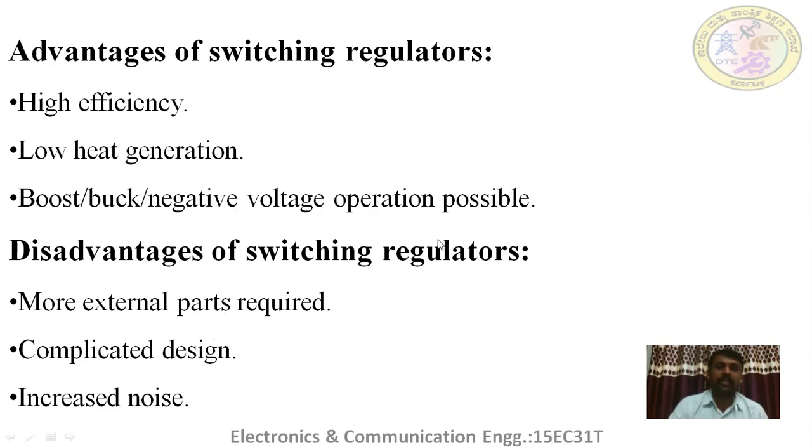So if you want to get a desired output, it is required to use the required external circuitry to design, and this increased noise is resolved by using some filter circuits. There are many interference filter circuits, such as electromagnetic interference filters and radio frequency interference filters. Okay,